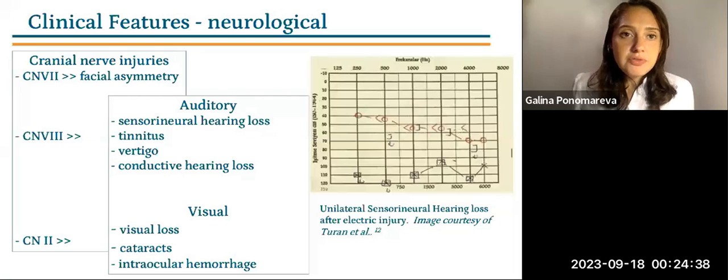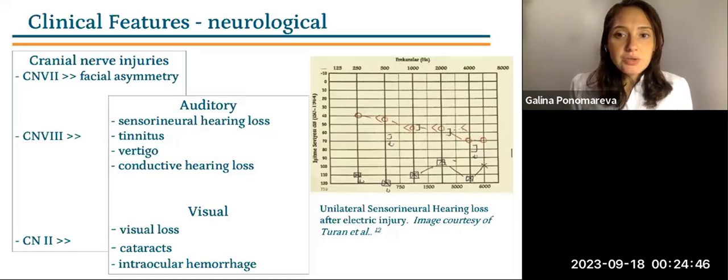Cranial nerves are also often affected, and the most commonly affected cranial nerves are cranial nerve 7, cranial nerve 8, and cranial nerve 2. So cranial nerve 7 is responsible for the innervation of the muscles of facial expression, and therefore an individual will often develop facial asymmetry. Cranial nerve 8